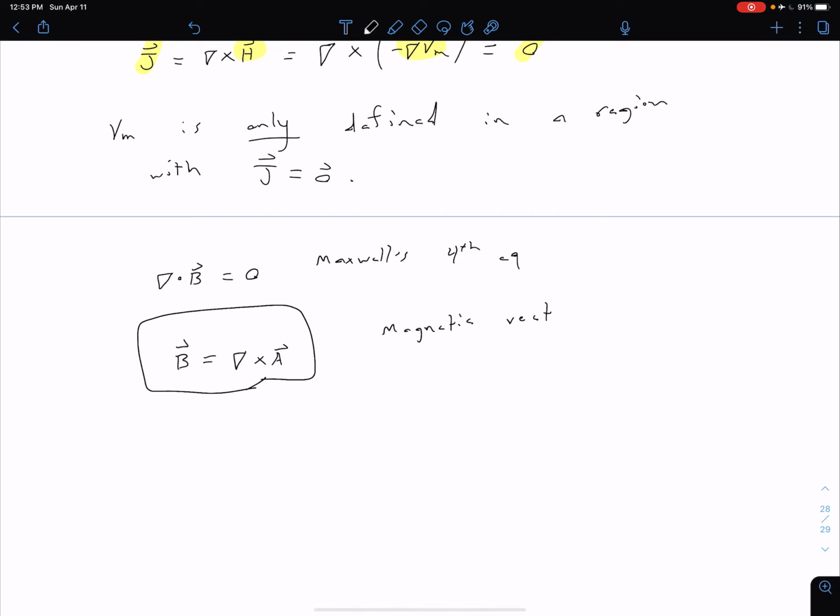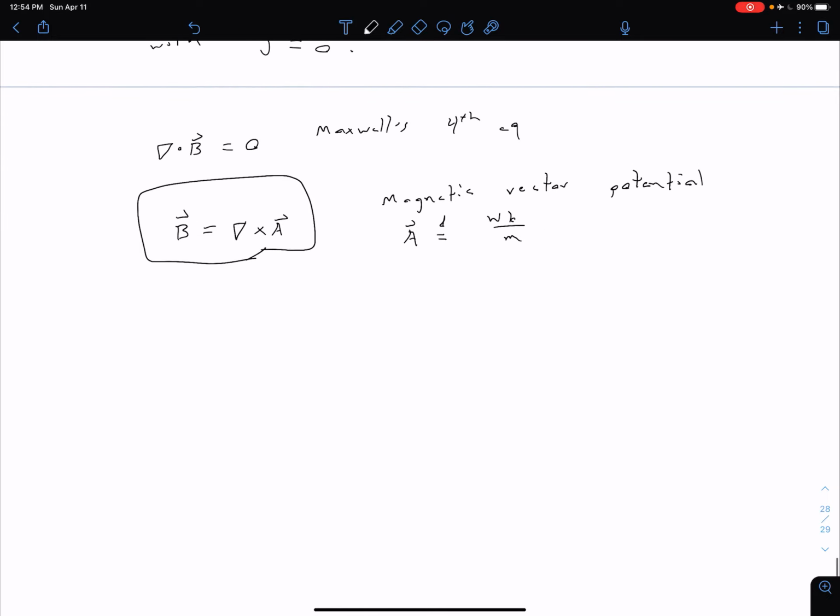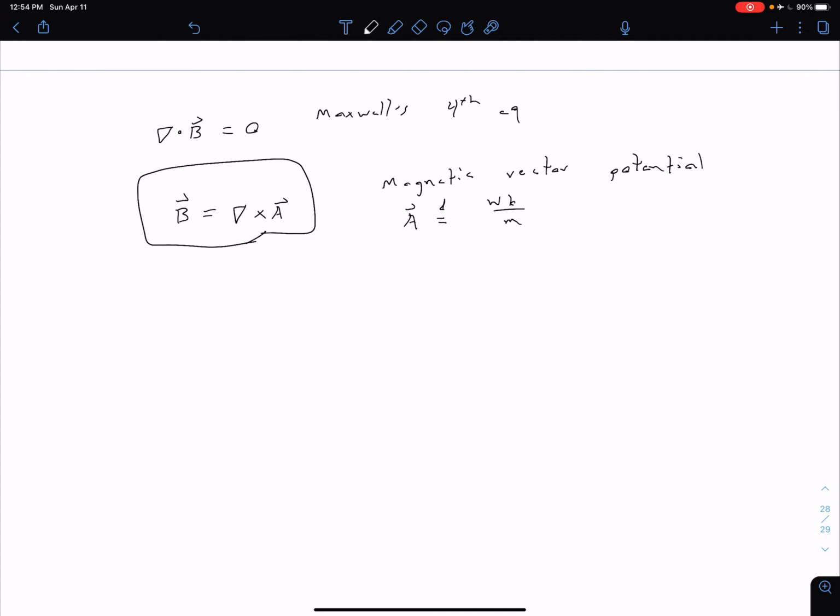So magnetic vector potential A, which is going to have units of Webers per meter. So we're not going to look at the alternate definitions of our magnetic potential vector A, but we can also define A in terms of current. So we can define A directly from currents. And so those equations end up looking very similar to what we saw